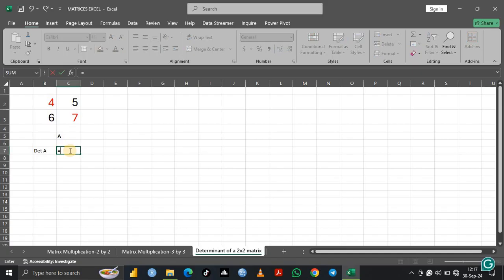So in this case, determinant of A will be 4 times 7 minus 6 times 5. So the determinant is -2. However, you can also use the Excel function. So we call it determinant, if I'm not wrong. Let me see how it's called. Yes,